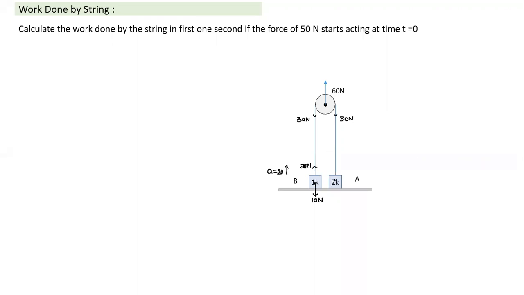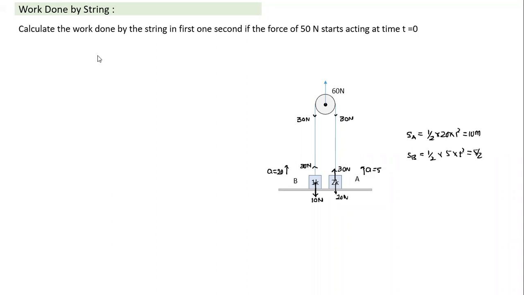Similarly, I come to this block. It will have an upward force of 30 Newton and a downward force of 20 Newton. So net force is 10 on 5. It will have an acceleration of a equal to 2. And in 1 second, what is the displacement both of them will undergo? The displacement of A in 1 second will be equal to 1 by 2 into 20 into 1 square, which is equal to 10 meter. And the displacement of B, 1 by 2 into 5 into t square, will be equal to 5 by 2 meter. So that's the kind of displacement they will suffer.